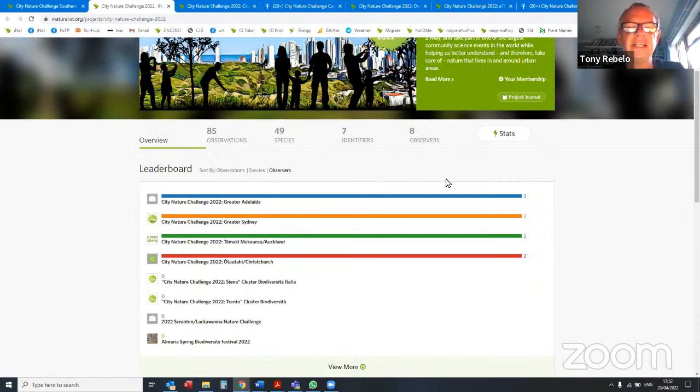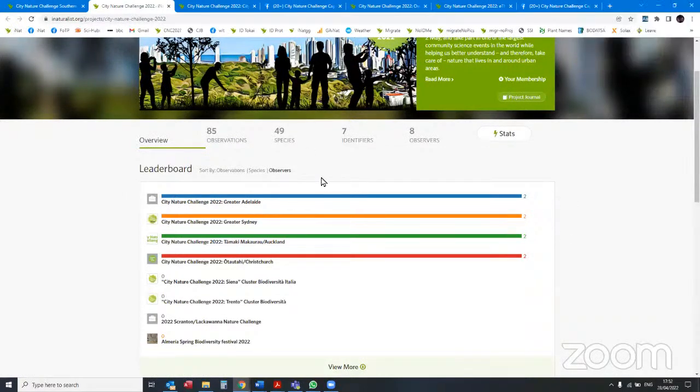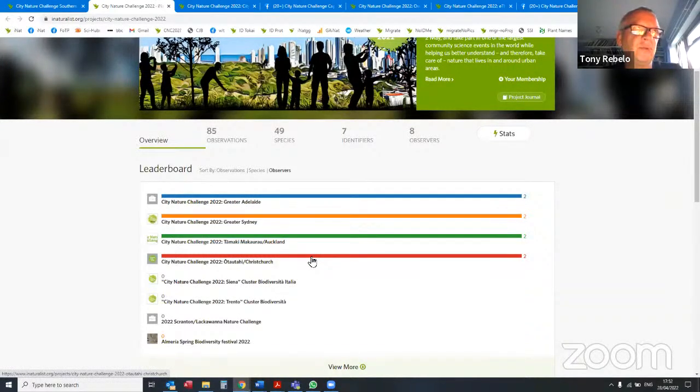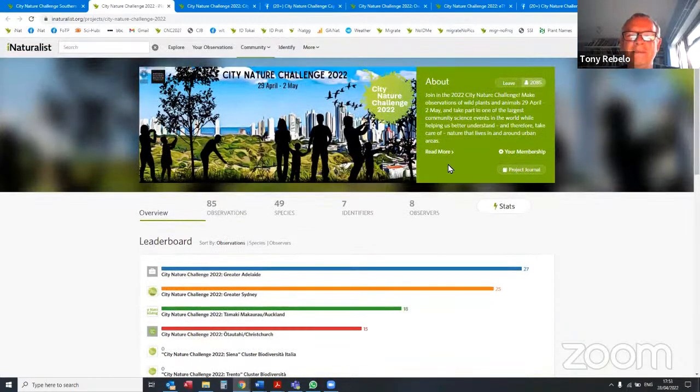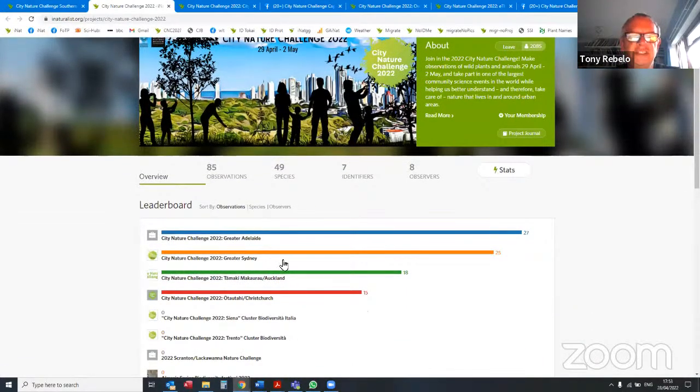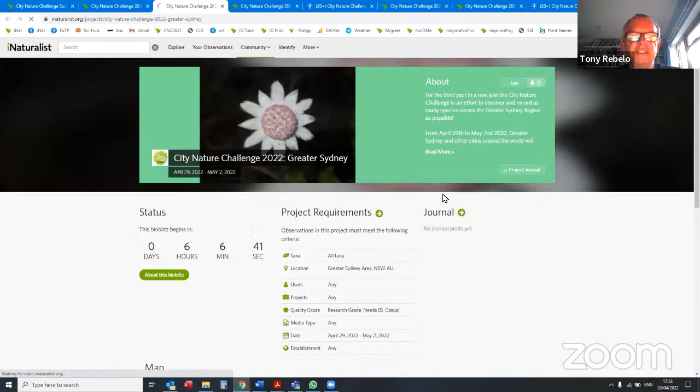And in case you're wondering why it is that they've only got 2 and so little, remember, Christchurch is the one that's most ahead. It's 5 o'clock in the morning at Christchurch. The sun's only going to get up at 7. So it's 2 hours before they actually take part. These are the diehards who were there at midnight and who started doing observations the moment the City Nature Challenge began. And yeah, you can go to these cities, click on them, and you can see what